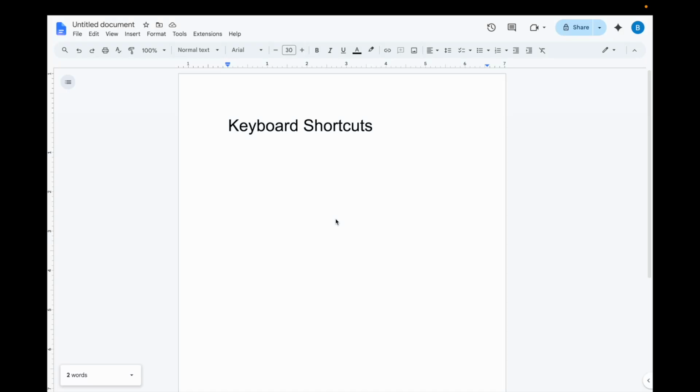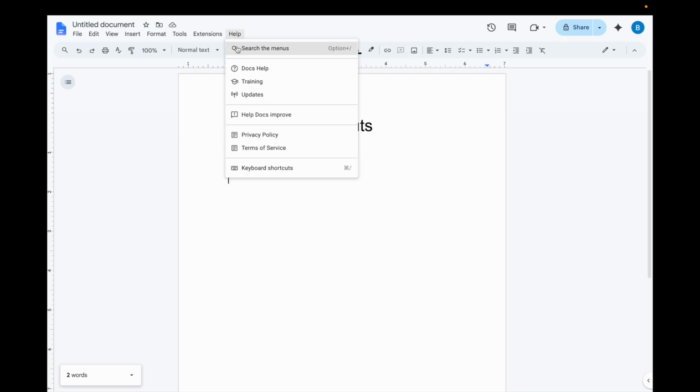So in this Google Docs video, I'm going to be showing you how to check keyboard shortcuts here on Google Docs. So once your document's opened up, I want you to go to this top bar and press on Help. Then I want you to scroll down. There's a bunch of different options right here, but select keyboard shortcuts, or if you want a shortcut for this,